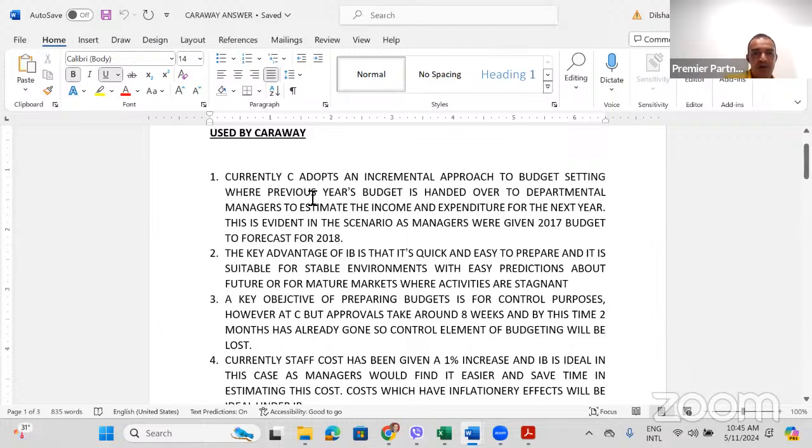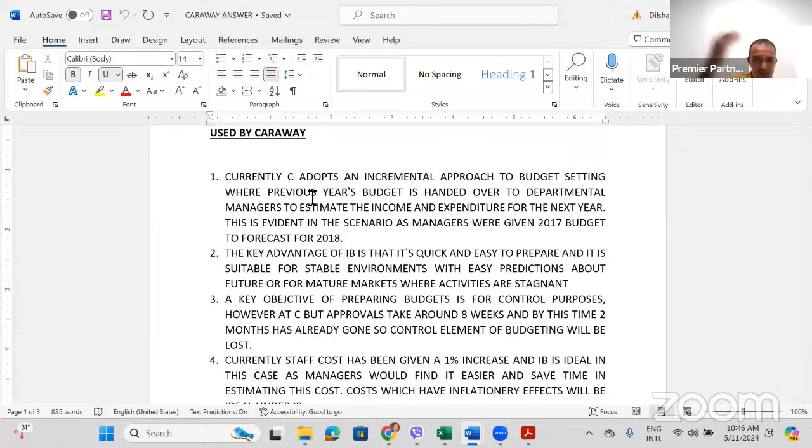Now look at the first point. Currently, CA adopts an incremental approach. The moment we see the word incremental, we give a mark because that's exactly the correct answer, right? To budget setting, where previous year's budget is handed over to the departmental managers to estimate the income and expenditure for the next year. This is evident in the scenario as managers were given 2017 budget to forecast for 2018,